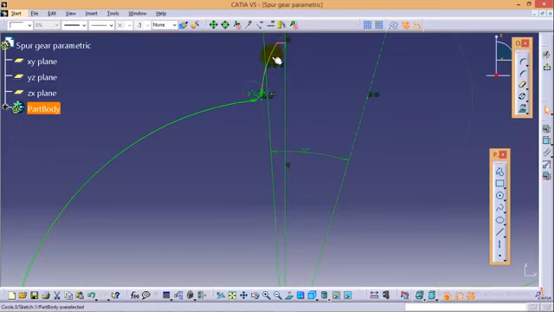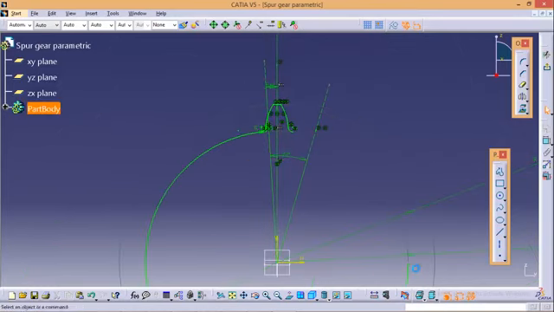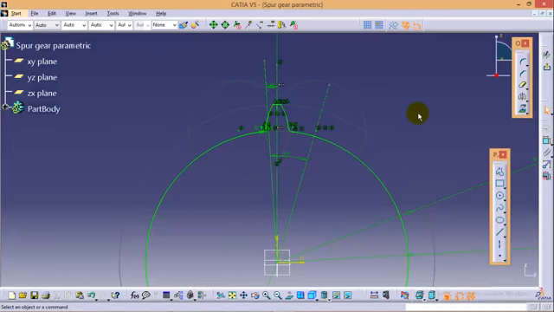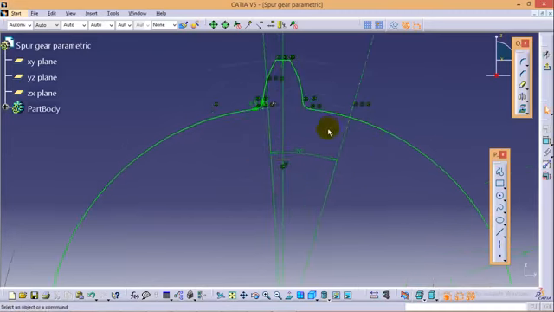So select this line, this particular curve, and this fillet curve, and select the mirror command and quickly mirror it. Now we need this point and this point to be coincident like this. So here we are complete with the first tooth of our gear.